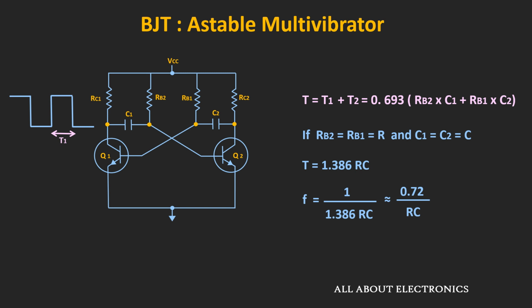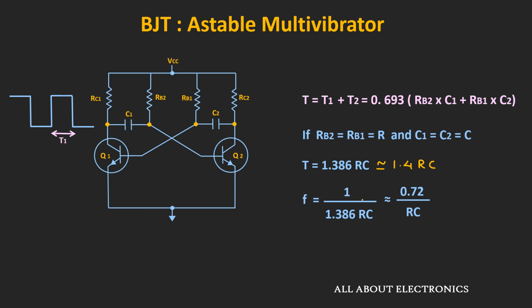Or we can say that this time T is equal to 0.693 times RB2 times C1 plus RB1 times C2, because the value of natural log of 2 is approximately equal to 0.693. And whenever RB1 and RB2 are equal, and similarly when C1 and C2 are equal, in that case this time period T is equal to 1.386 times RC, or approximately we can say that it is equal to 1.4 times